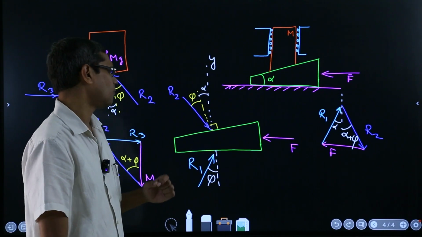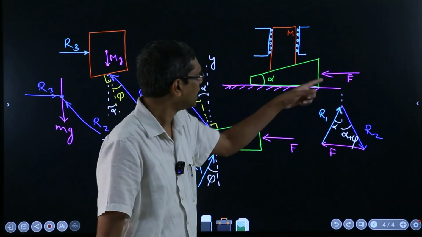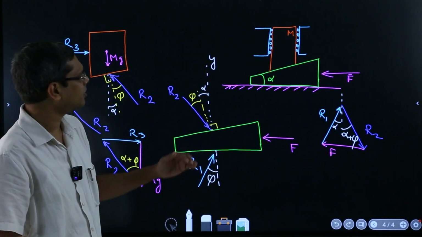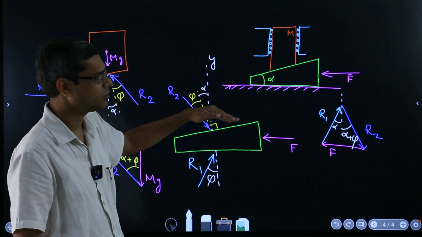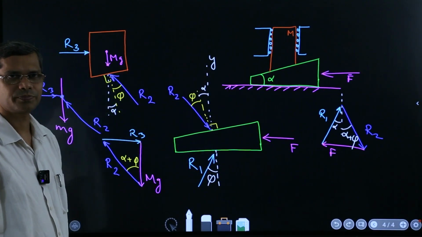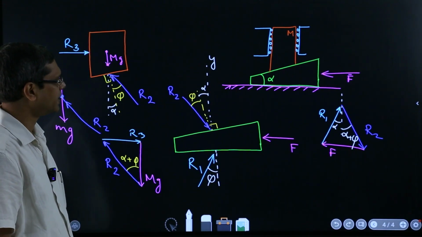But one more thing which is very interesting is, what happens if we remove the force F now? Will the block fall down by just moving this wedge rightwards? So that is the question which is termed as